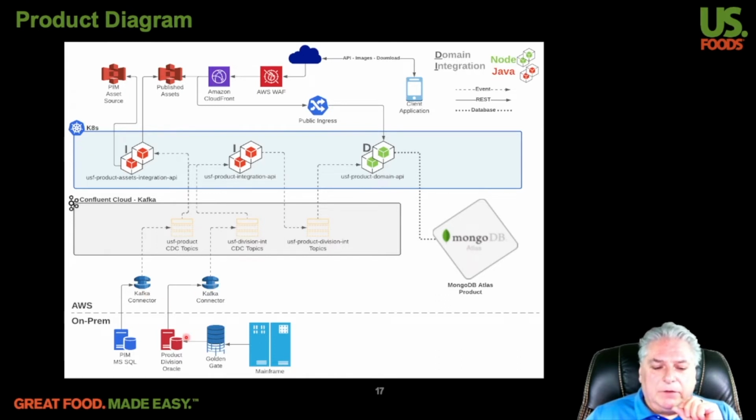So we have a Kafka connector that connects to the two different systems, watching for those changes. Then we come into our Kafka layer, and these are Kafka topics that are listening for those changes. We have microservices listening too, because they may have to do something. For example, if we're listening for changes to images inside of our PIM, Product Information Management System, we may have to grab a new image resource from our asset source and publish that image out into our CDN. So we have a service that says, if an image is updated, I'm going to create all the different variations of that image and drop them out there